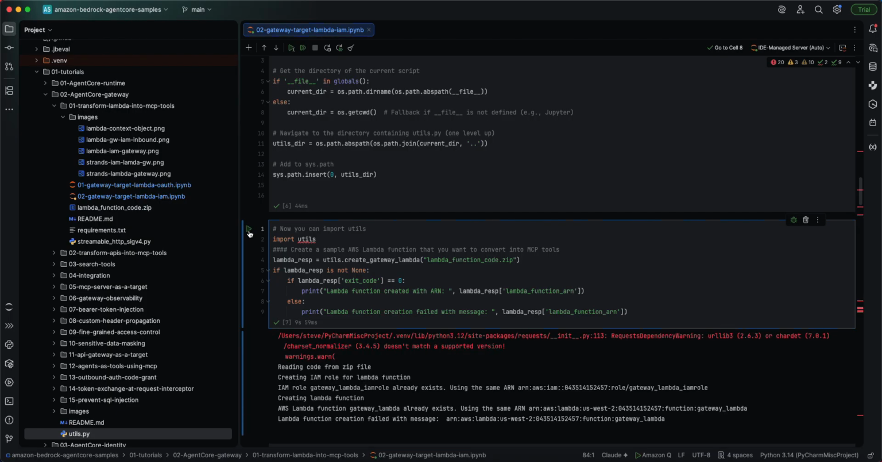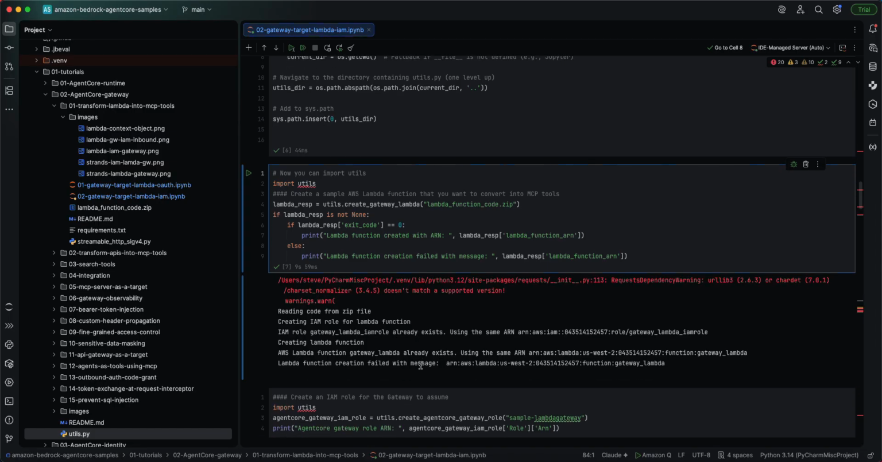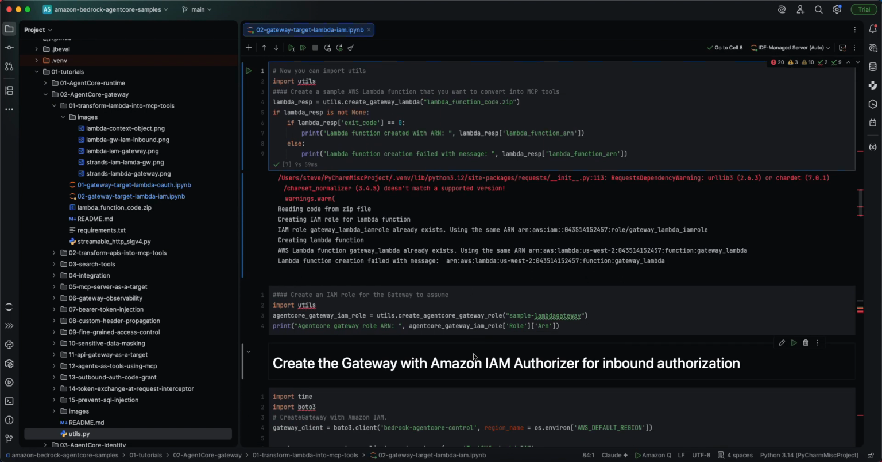So right now, it's reading the zip file. The zip file is right here. Reading code from the zip file, creating an IAM role. The gateway Lambda IAM role already exists because I created it before, let's say. Creating the Lambda function, it already exists because I ran this demo before. And now